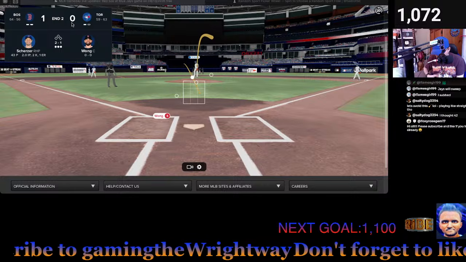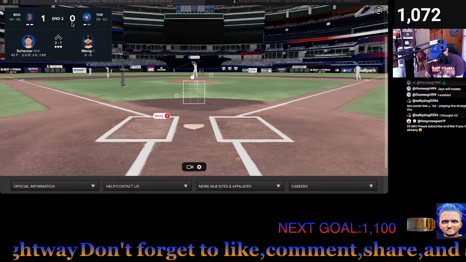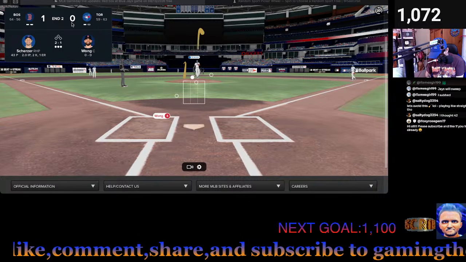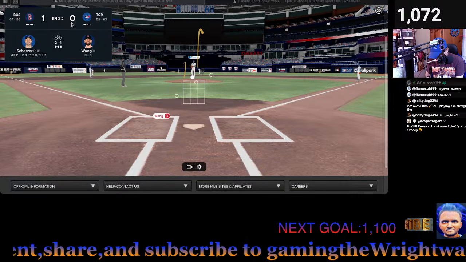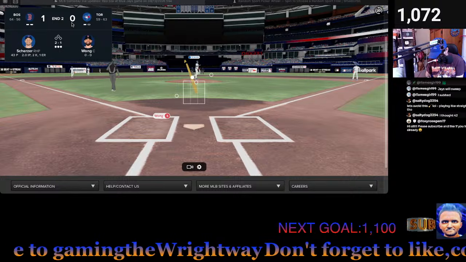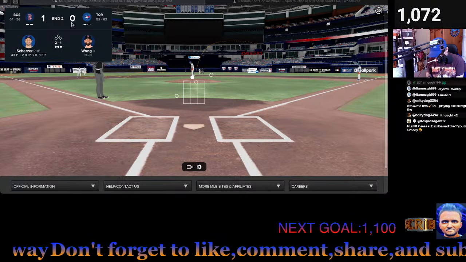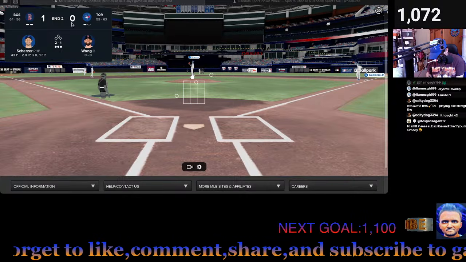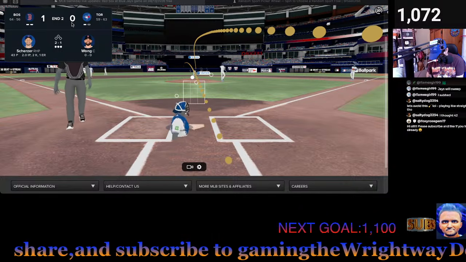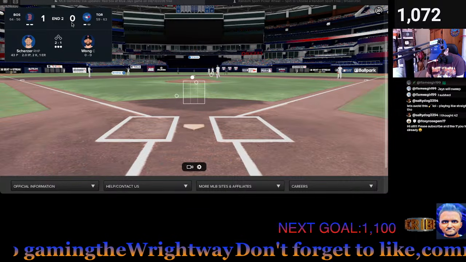Final score, Tigers beat the Guardians 3-0. Winning pitcher Montero 9-7, Messick losing pitcher 9-7, and Jansen got his 15th save. Pirates beat the Marlins 13-1. Ashcraft the winner 12-5. Phillips the loser 3-6. Two finals and just